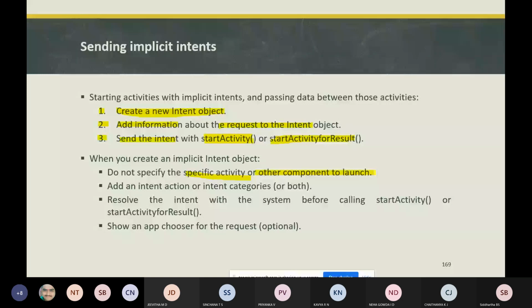Second, add an intent action, intent category, or both. Third is to resolve the intent with the system before calling startActivity or startActivityForResult. The last one is optional, that is to show an app chooser for the request. Let's see all this one by one. So first one,